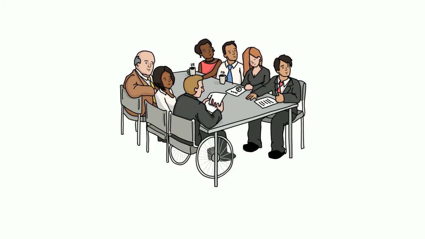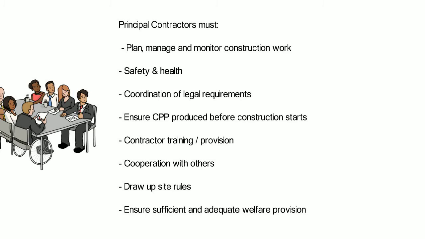Now we shall discuss the principal contractor. Many of the duties are similar to the contractor, but there are more detail and responsibility. Again, the principal contractor must plan, manage, monitor the work throughout the construction phase and take account of the general principles of prevention during the whole works. Once again, the project needs to be carried out without risk to health and safety for those involved, and the principal contractor is responsible for drawing up the construction phase plan, known as the CPP, as soon as is practical prior to the setting up of the construction site.